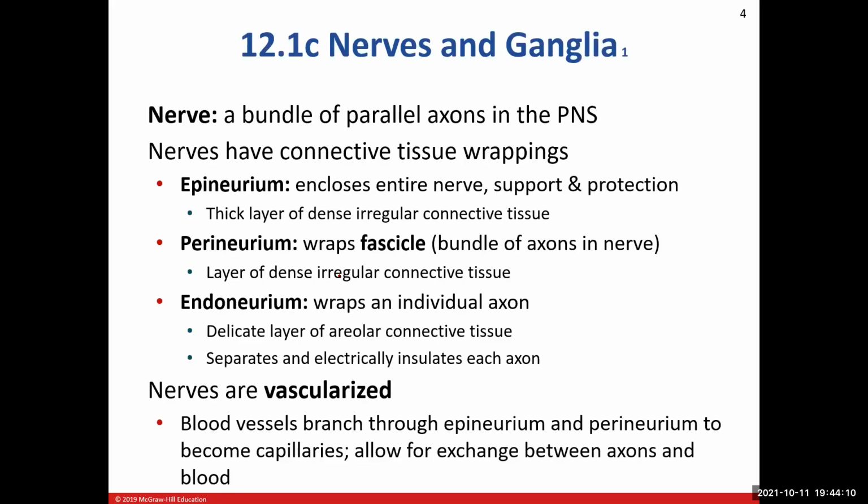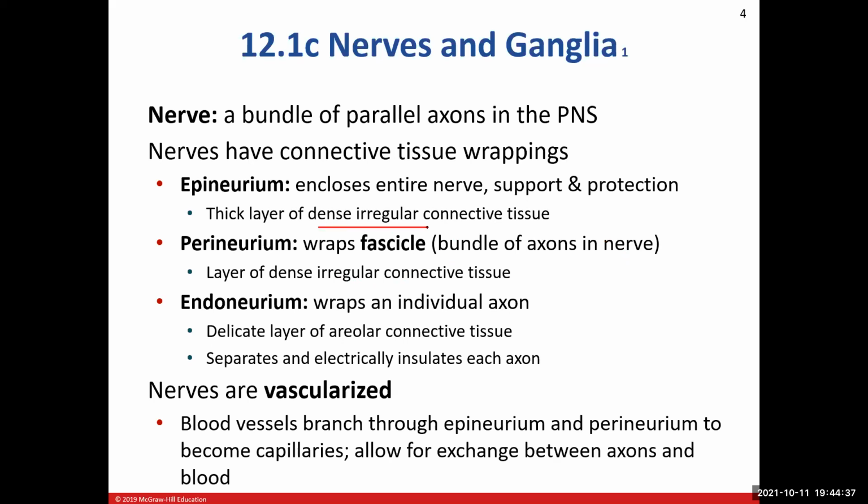Okay, quick review here. A nerve is a bundle of parallel axons in the peripheral nervous system. A nerve will be covered by three coverings: the epineurium, the perineurium, and the endoneurium. The outermost layer is the epineurium that covers the entirety of the nerve. Its role is support and protection, partly because it comes from dense irregular connective